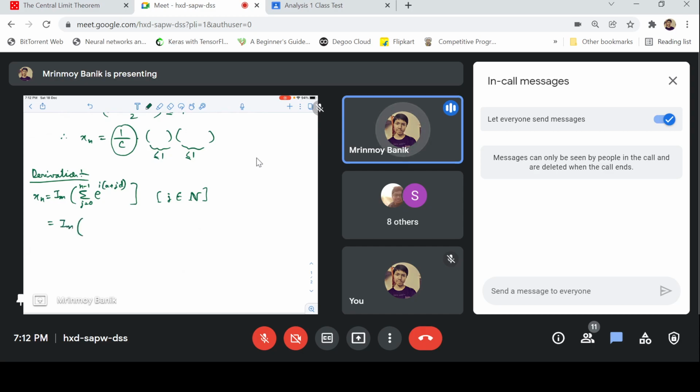So it's the imaginary part of this thing. This is a GP series. If you take e power iota a out of the sum, then